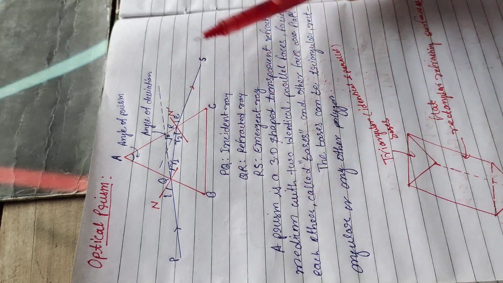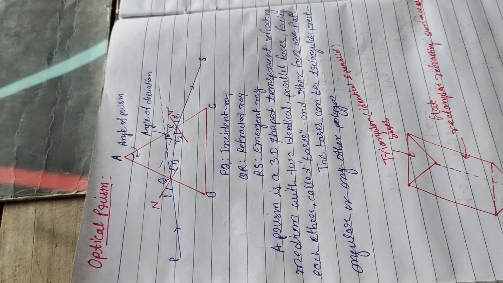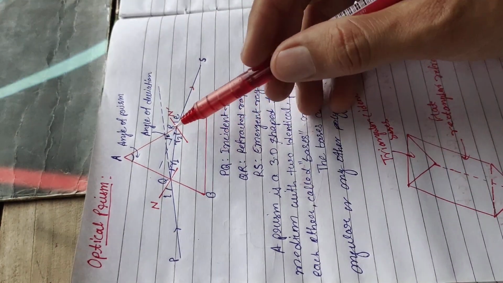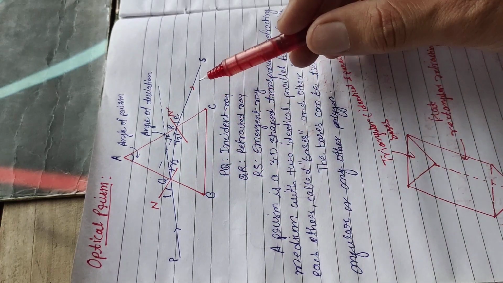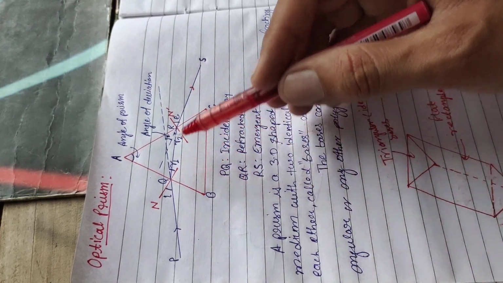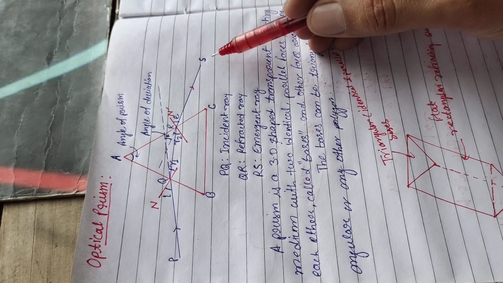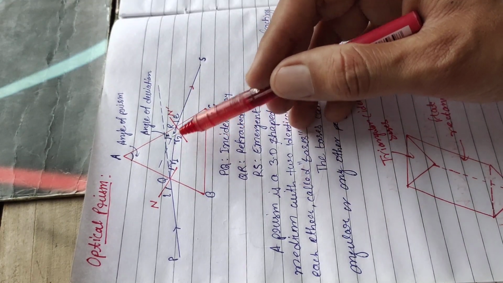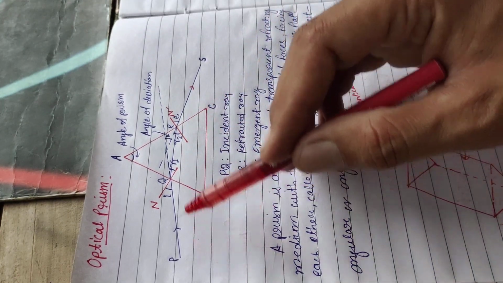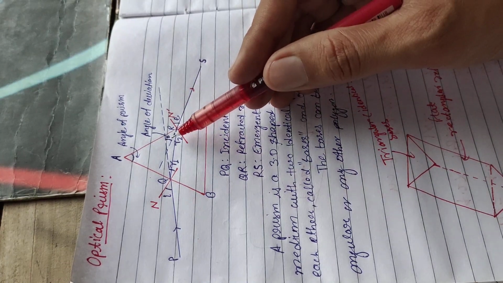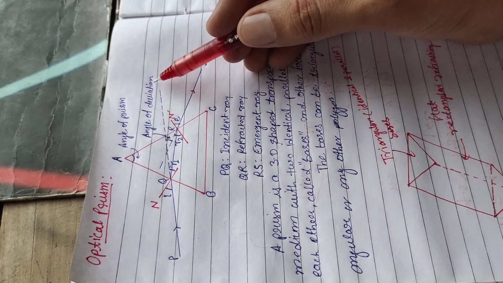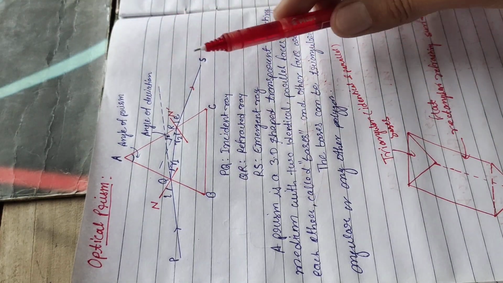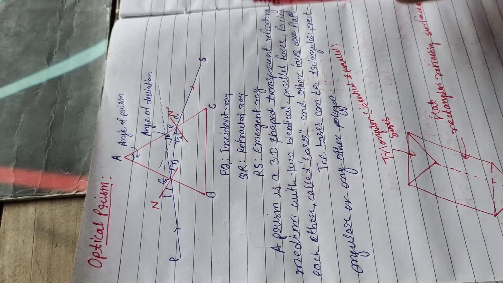In this way, if you look at the figure and notice this angle, it is the angle between the extended paths of incident light PQ and emergent light RS. These extended paths of PQ and RS cut each other at a certain angle. This angle is called the angle of deviation. So the angle of deviation is the total deviation suffered by